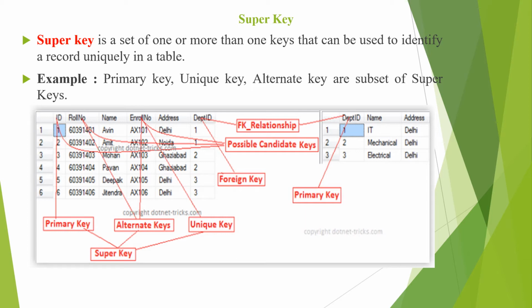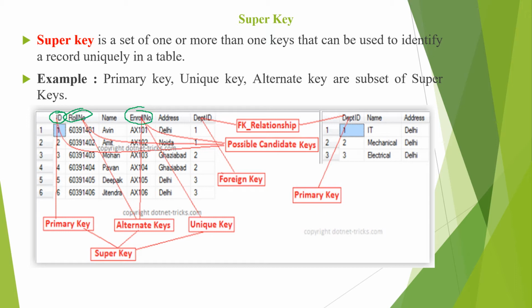Here the student details are one example for the student database, where we have a student ID, student roll number and student enroll number. These are some of the attributes where the attribute values are uniquely identified.